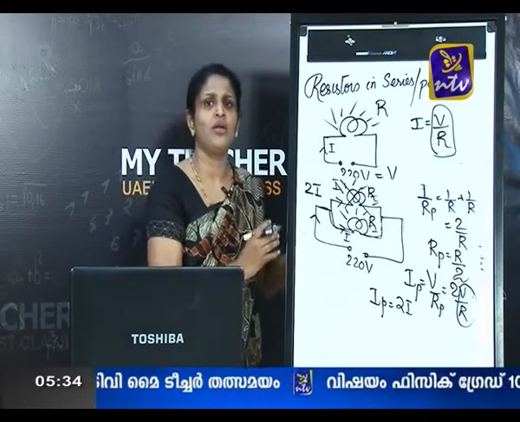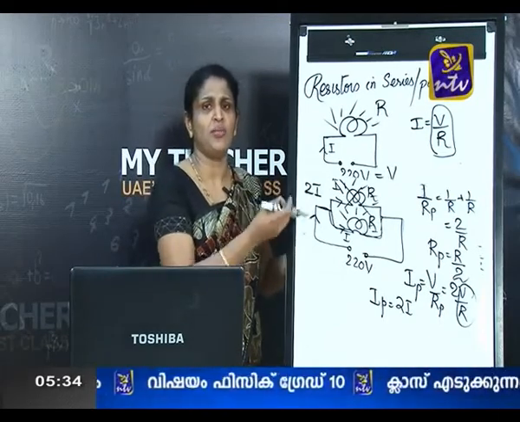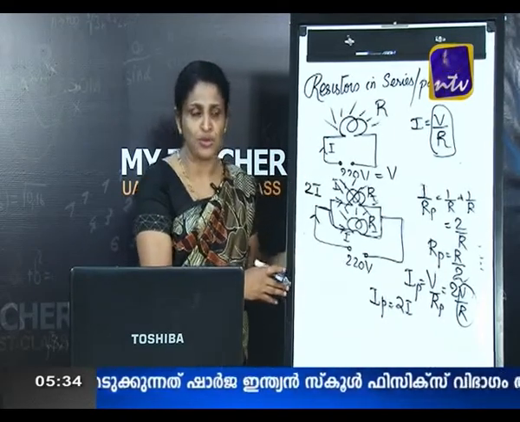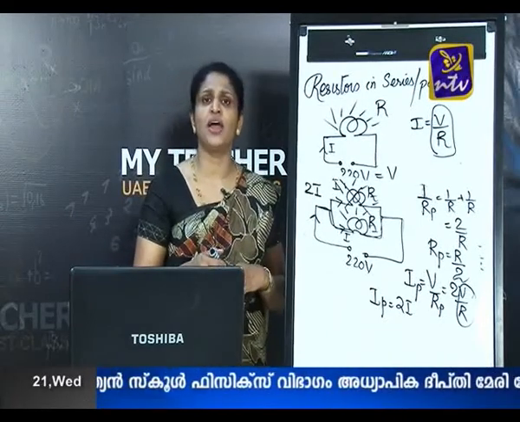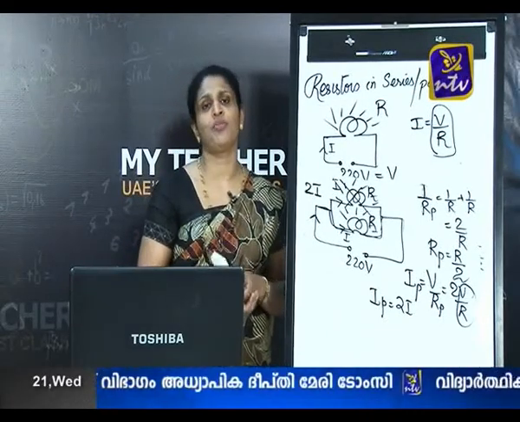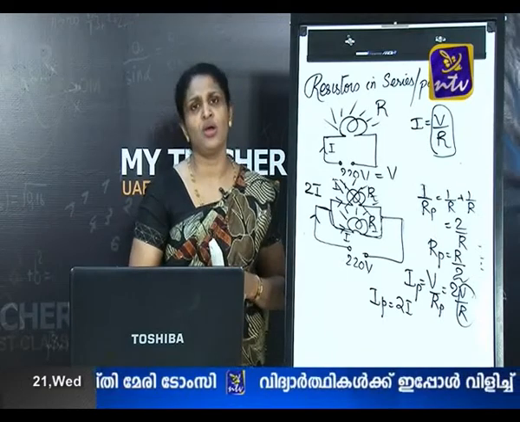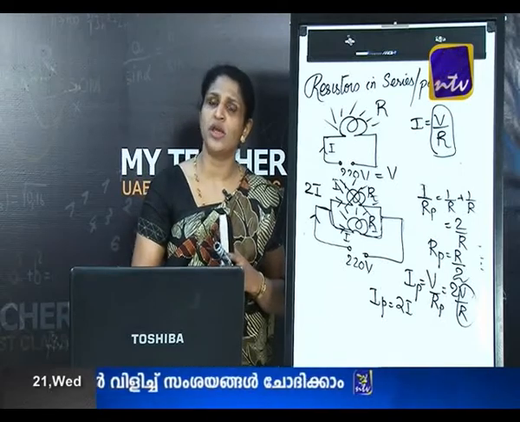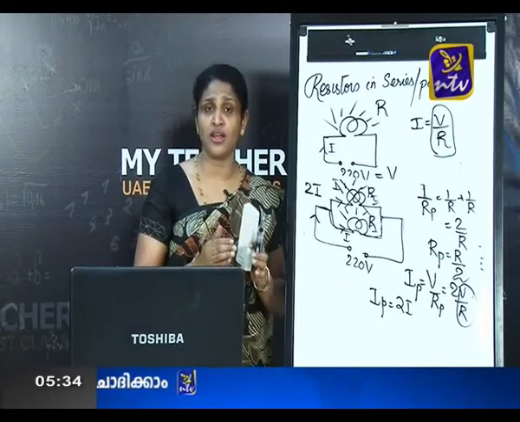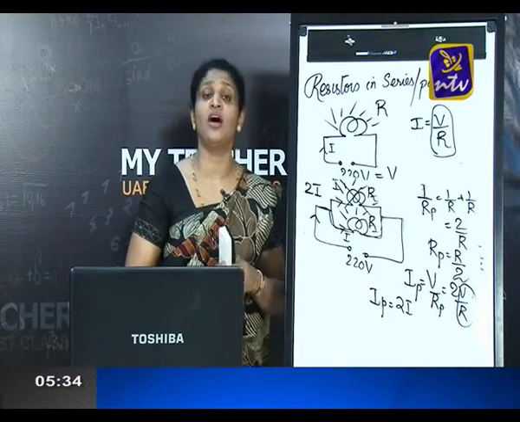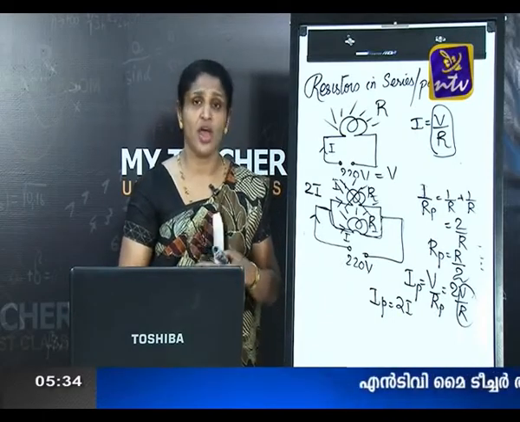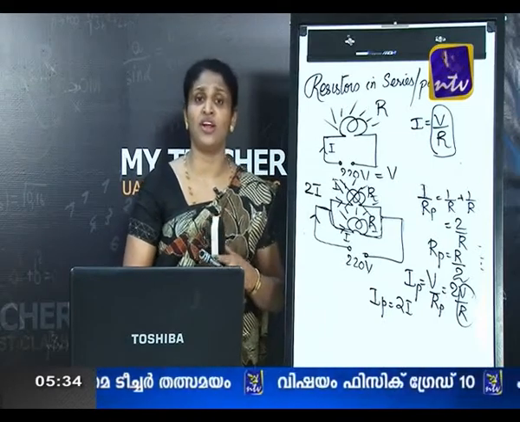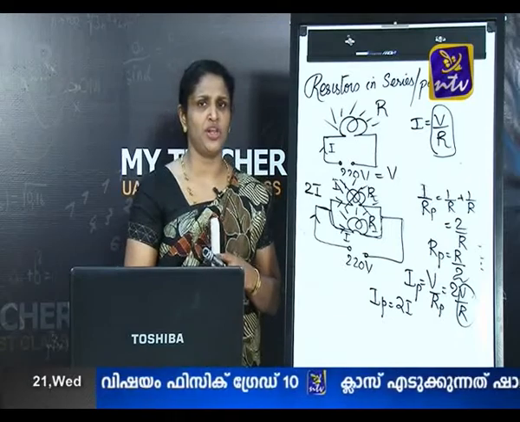Even if one open comes in the circuit, that means one of the bulbs gets fused, the other still continues to work. So, in parallel, each device can work independently and each device can work to their full capacity. Why can they work to their full capacity? Because they are getting the required amount of current and the required amount of voltage, and they both will glow with the same brightness as if they had been connected individually to a 220 volt supply.